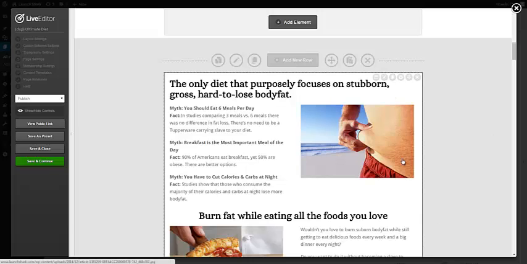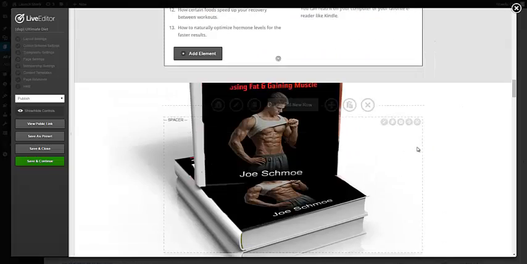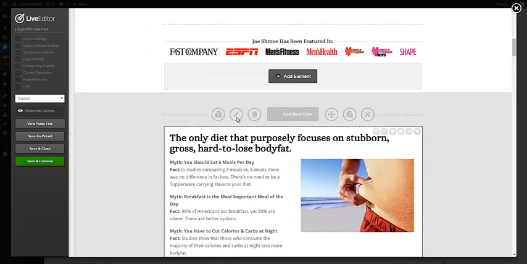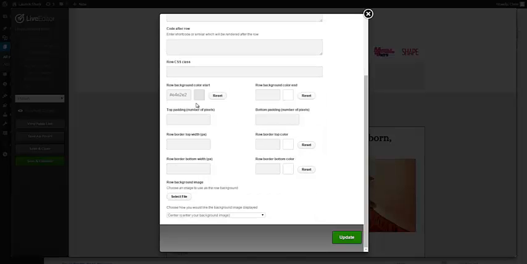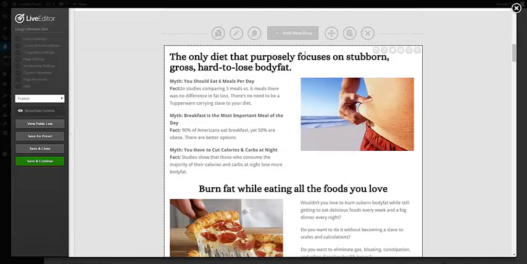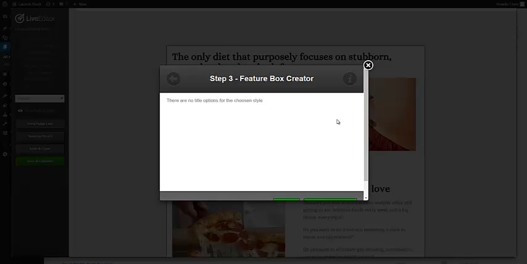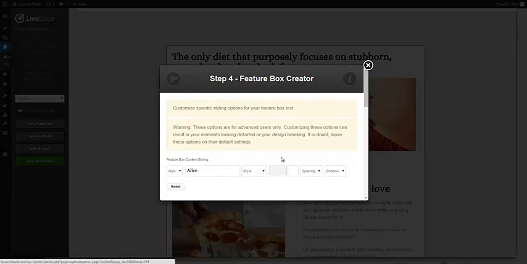This down here is where the main content is in this form. And if you want to change this gray background, just click on the pencil icon in the row, and right here is where you would change that background color or add a background image there. And this is a feature box, and all the content is inside the feature box. So if you want to add a bigger border, see this little black thin border I have, if you want to change that border to make it thicker or change the white page to a different color, you just click that little square, come into advanced options,